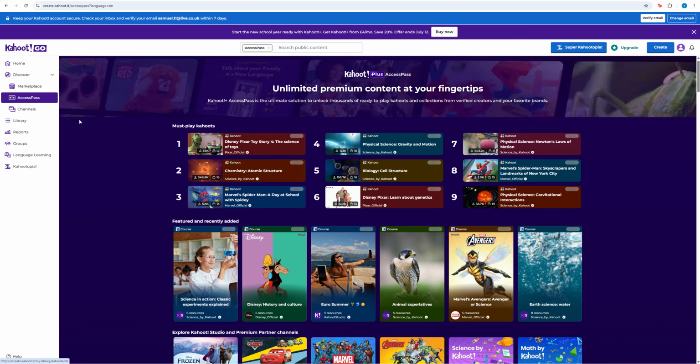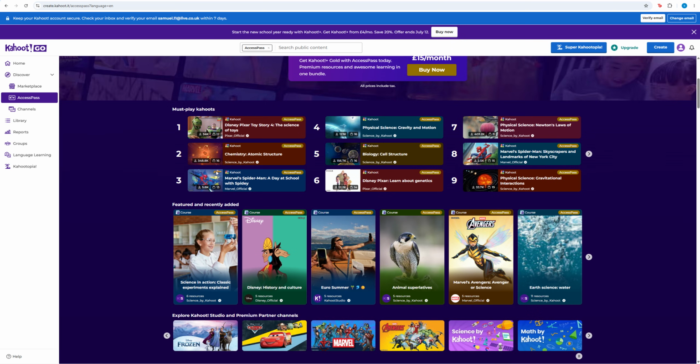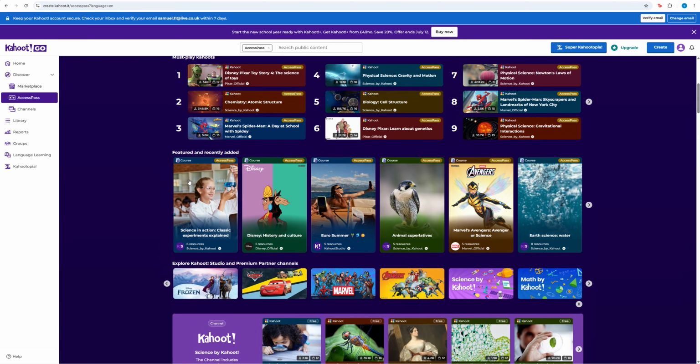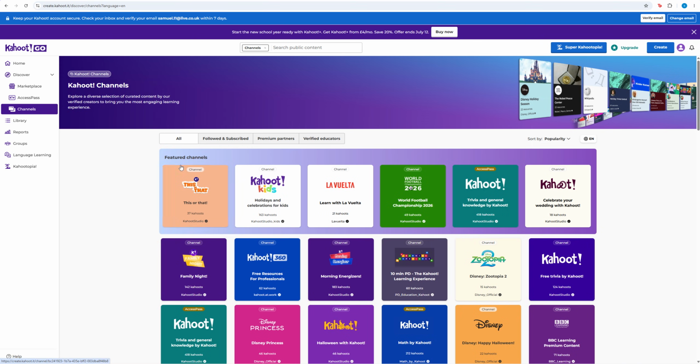As I say, there's a couple of premium features. There are bought packs for the must-play Kahoots. Obviously, there are some more play-oriented ones here, which could also be utilised in early years settings for provision. But there are premium packages for learning which can be purchased, specifically tailored for maths, English core subjects and foundation